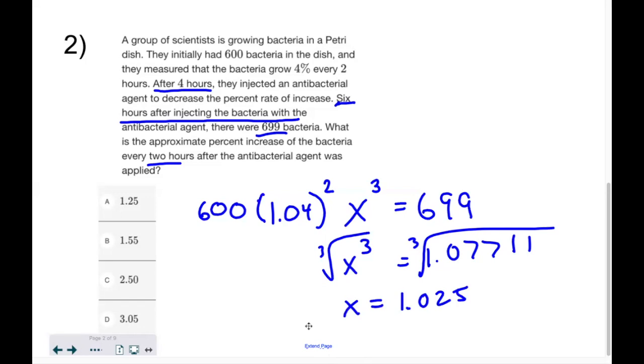We have to be able to work backwards. So we knew that a 4% increase gave us 1.04, right? That's because 4% leads to 0.04 as a decimal. And then we have to add that to 1 to show that we're increasing by